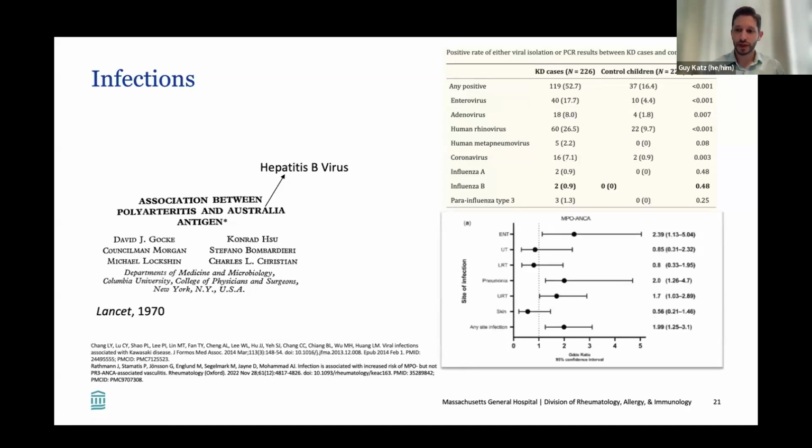And very similar results you can see here for MPO ANCA, which is one of the two major types of ANCA-associated vasculitis. Lots of different types of infections. The bars here, if they're to the right of the dotted line, it means that they increased the odds of developing ANCA-associated vasculitis. So you can see here with a lot of different types of infection, the risk of ANCA-associated vasculitis, particularly MPO, was higher. So all of this gives us sort of indirect evidence that the infections are probably contributing to the development of vasculitis.